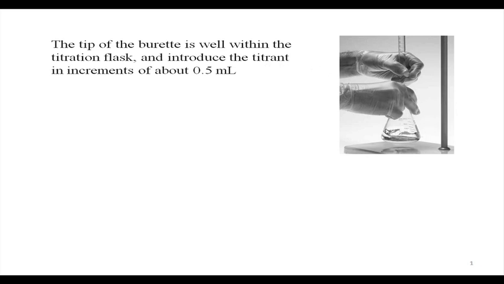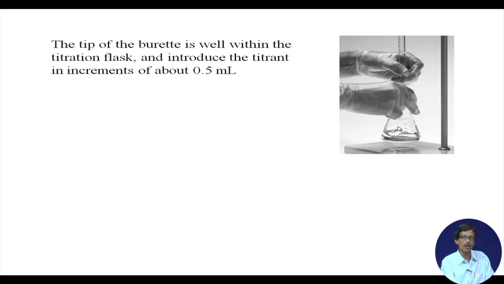So, if our analyte has Fe2 plus ion, as I told you earlier, the titrant can be any oxidizing agent when we are talking about the oxidation reduction reaction, or sometimes in abbreviated form we say redox titrations. So, this reagent will be the oxidizing agent such as potassium permanganate and potassium dichromate that we know. This is the typical process of how we hold the burette with gloved hands,